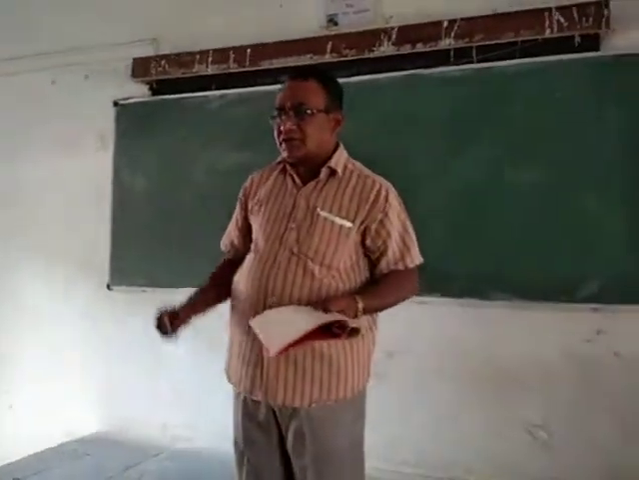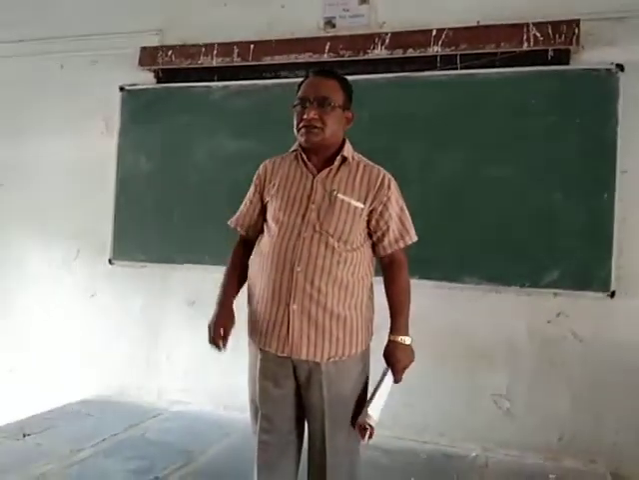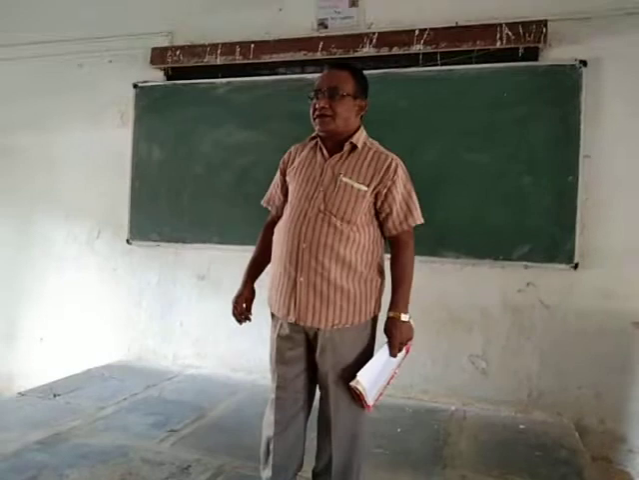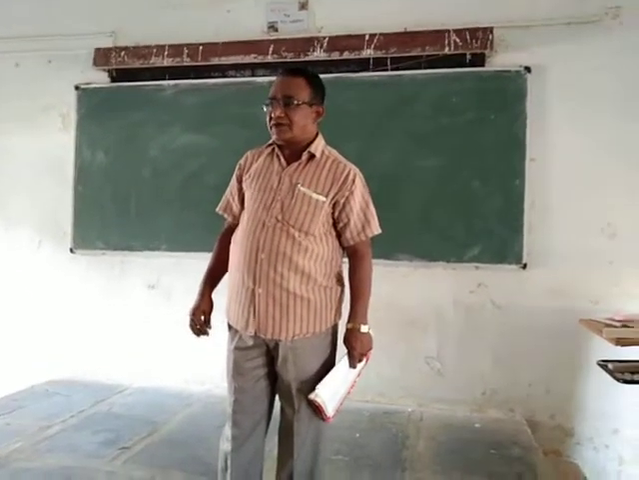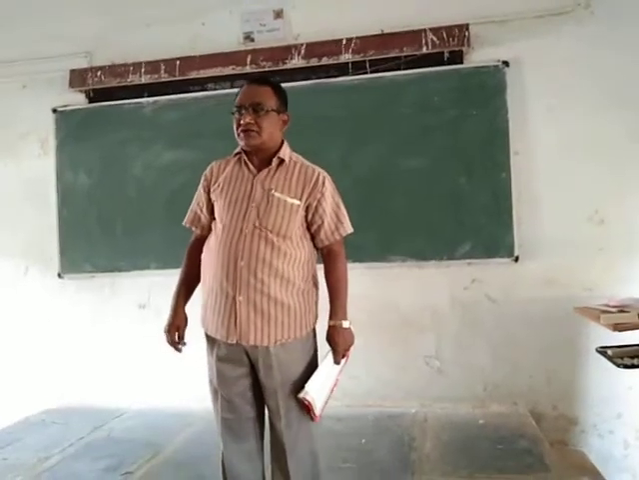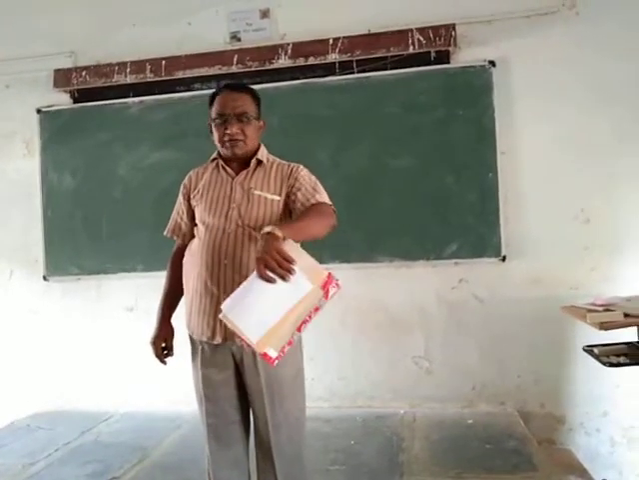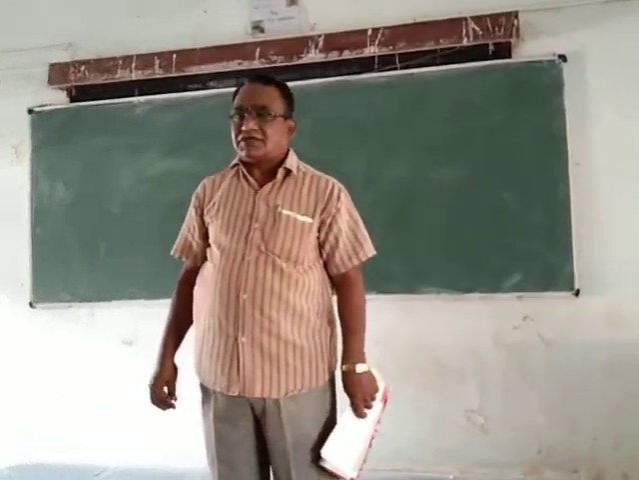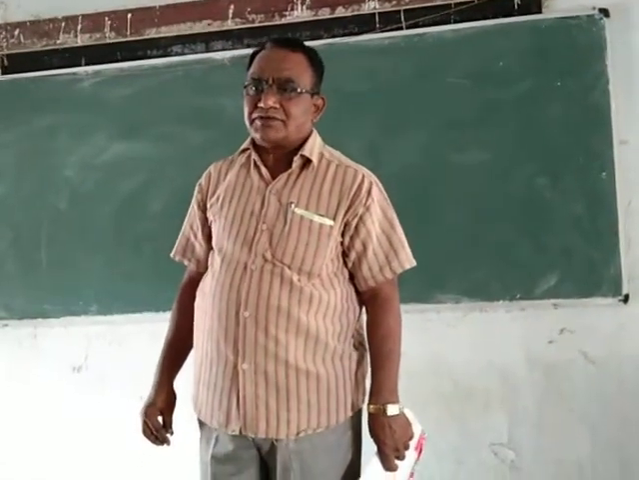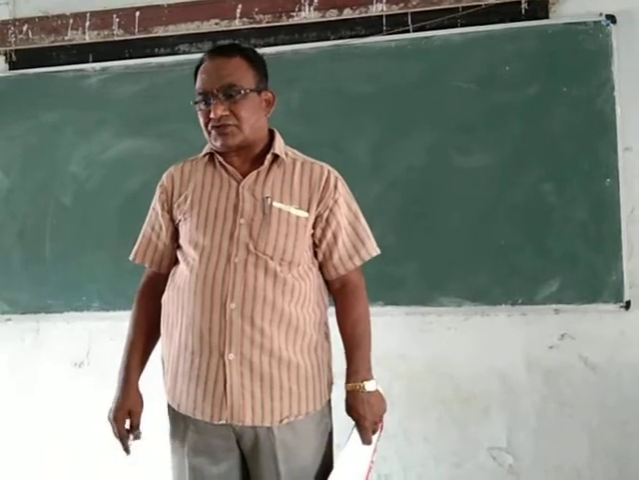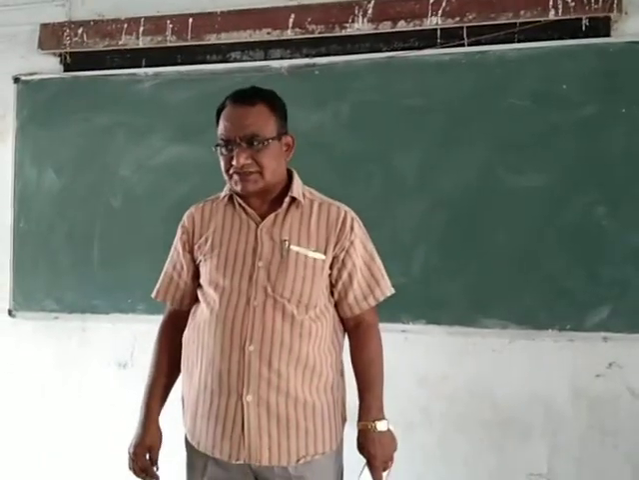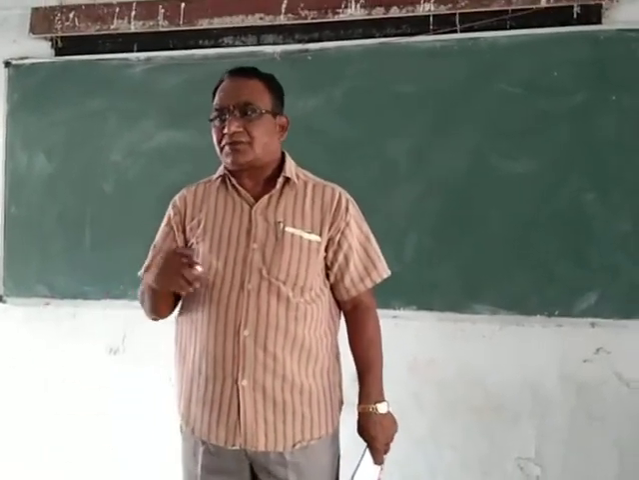Dear students, yesterday we discussed the beta function. We have seen the definition and properties of the beta function. We came to know that beta(m, n) is equal to the integral from 0 to 1 of x to the power m minus 1 into (1 minus x) to the power n minus 1 dx, and the properties of